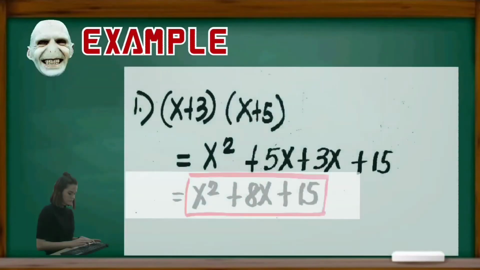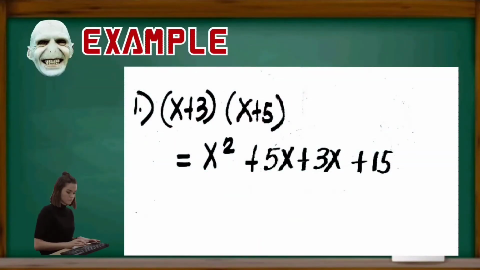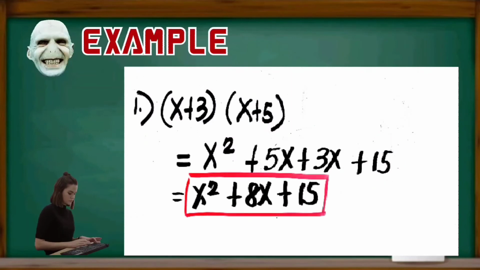Example, (x + 3)(x + 5) is equivalent to x times x squared, x times 5, 5x, 3 times x, positive 3x, 3 times 5, positive 15. So, ang sagot dito ay x squared, copy the variable x squared, plus ipag-a-add natin ang 5x at 3x. So, 5 plus 3 is 8. Copy the variable x plus 15. The answer is x squared plus 8x plus